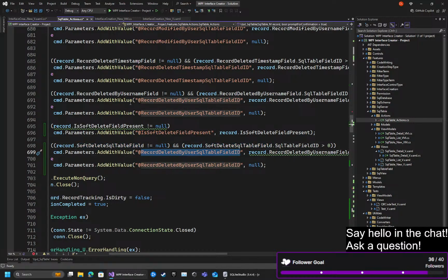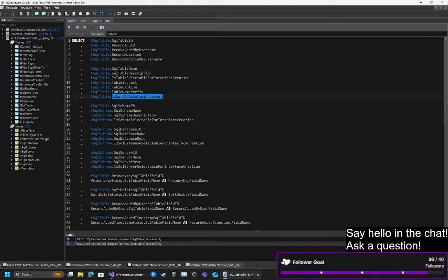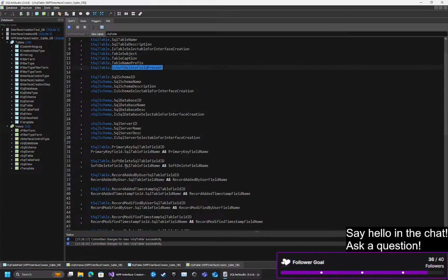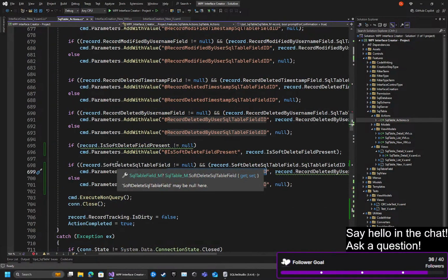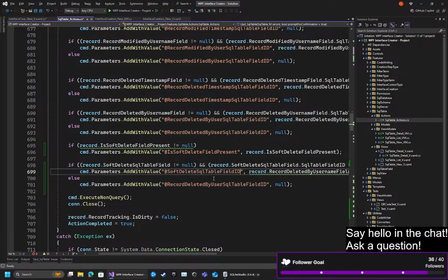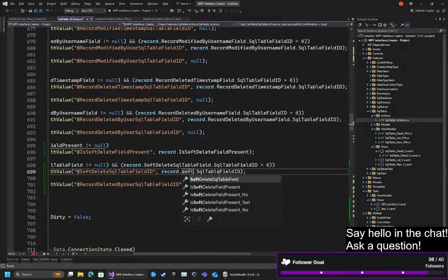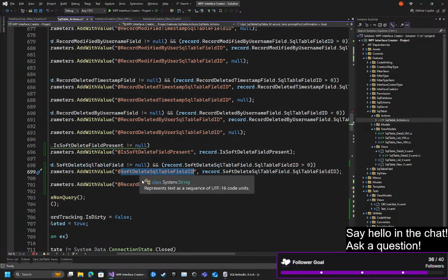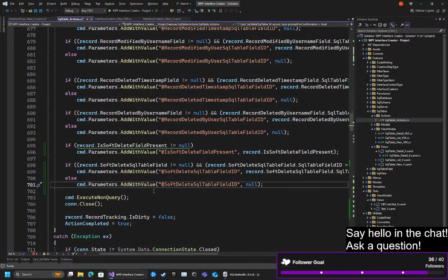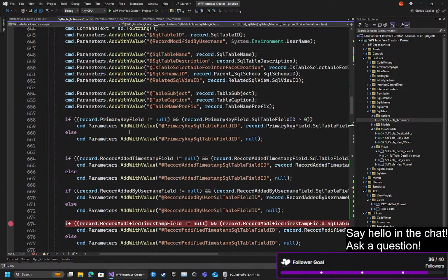We need that field name, which again we'll go over to soft delete SQL table field is. So we have that one, and we'll go down here. So we have then soft delete SQL table field ID, soft delete SQL table field. Yep. Otherwise, this variable gets a null value. So we need to make sure that we have this variable up here, and